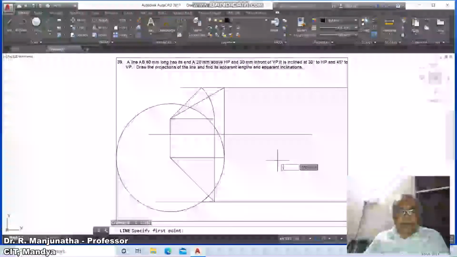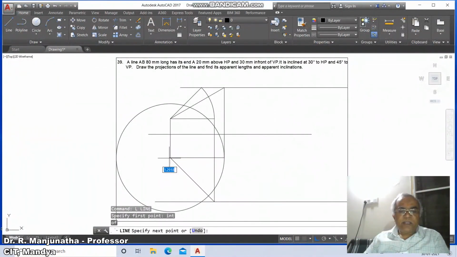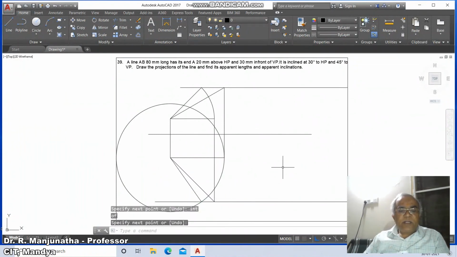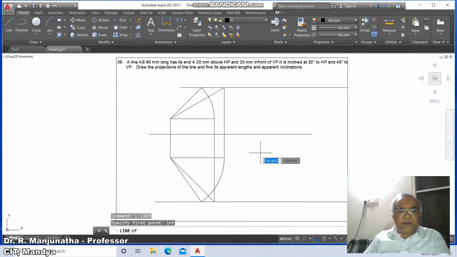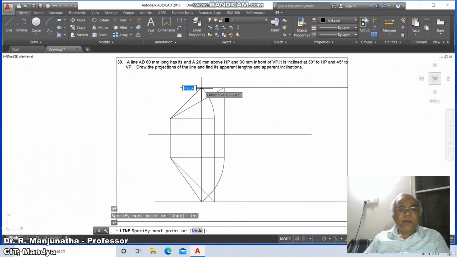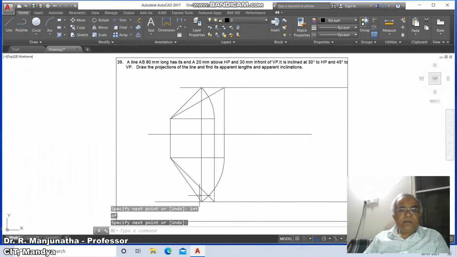Similarly, you draw a line from intersection point of this line to intersection of this circle and this arc. Similarly, you just go to trim command, trim between these two lines, the arc which is extra, you remove it. Then go to line, draw a line from intersection point of this to intersection point of this. Now both these 2 points should be on the same line.